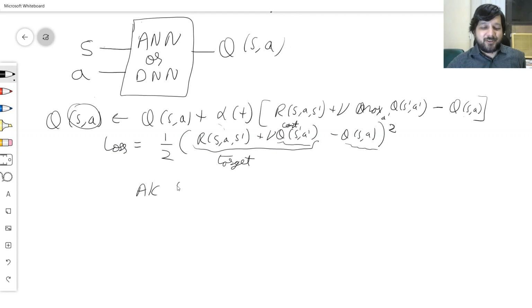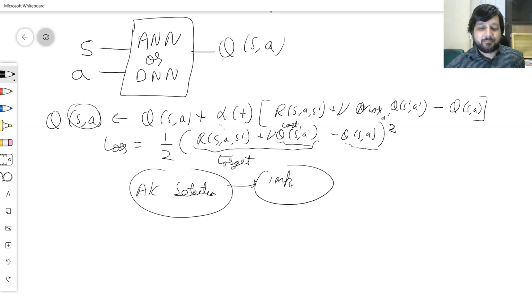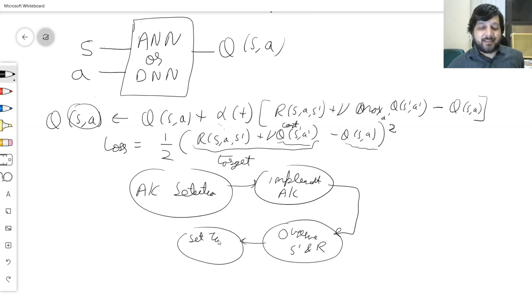So the same figure once more. I do action selection, I implement the action, I observe S dash and reward, and I set the target as this one, and I learn one piece of data. Then I'll do it once more, I'll get another piece of data, and that's what the machine learning people would have